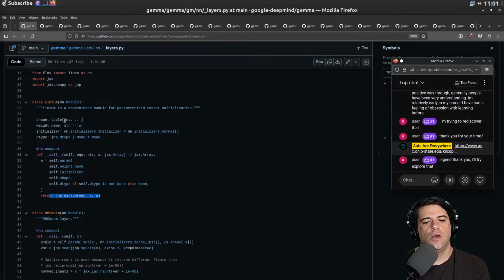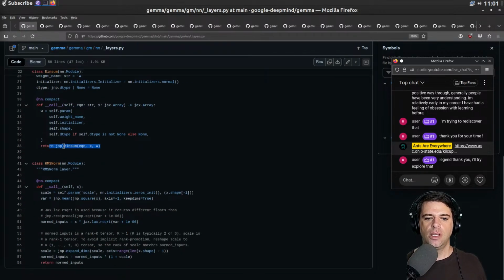I don't know what this is doing. I don't know if this is like learning which einsum to do. I don't think it is. I think this is just literally for whatever reason they wanted Einstein summation to be a module instead of a function call. Maybe because it makes the writing of the transformer thingamajig more declarative. I don't know. We'll see, hopefully. And then the RMS norm,